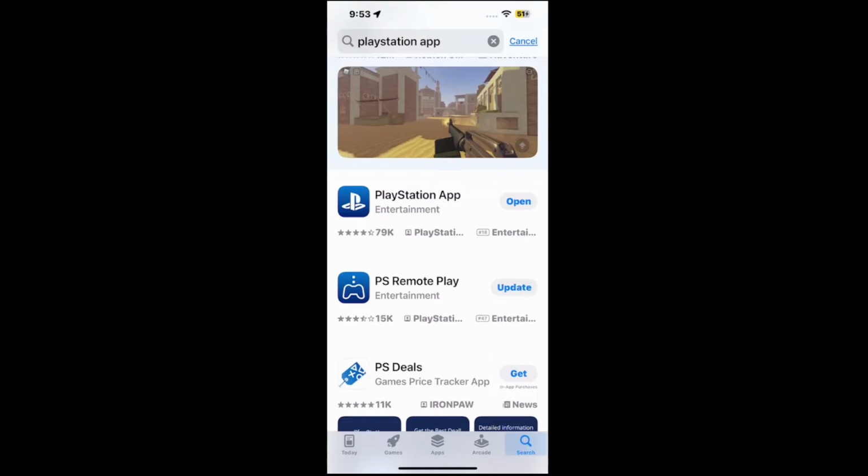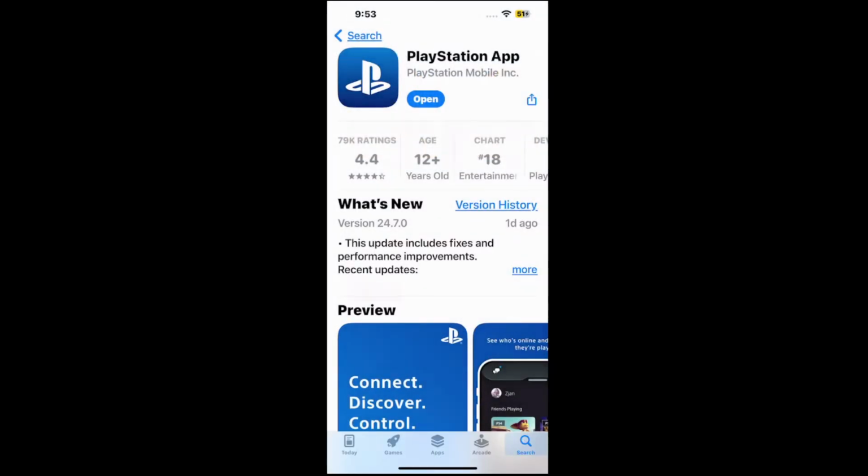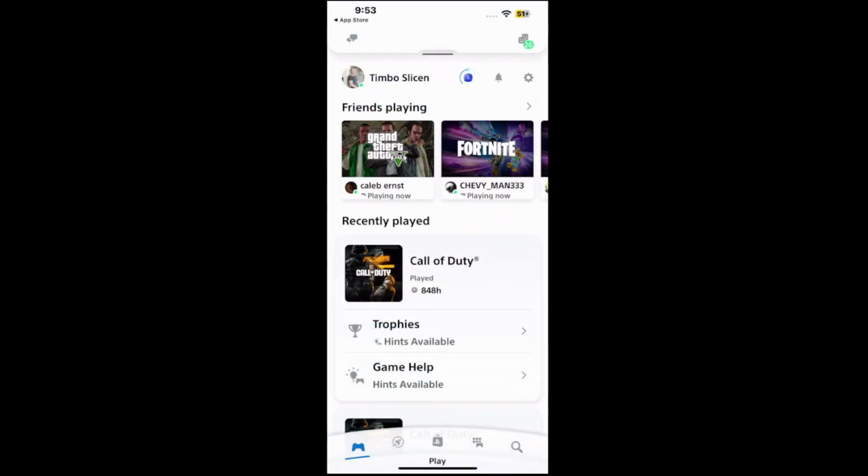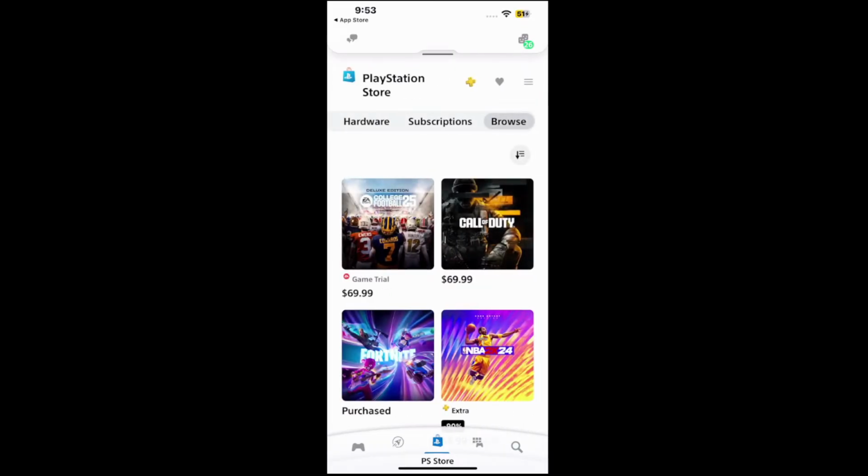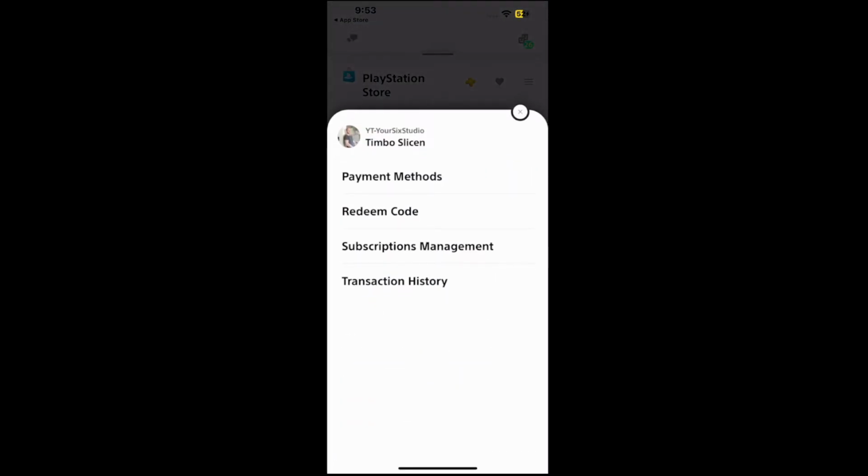PlayStation app right here. Click this, open it up, sign in with your email address and password associated with your PlayStation 5. Then on the way bottom, tap the little icons, and we want to go to the PlayStation Store. Now, next to the heart symbol, there's going to be three horizontal lines. Select that. Then we want to go to Redeem Code